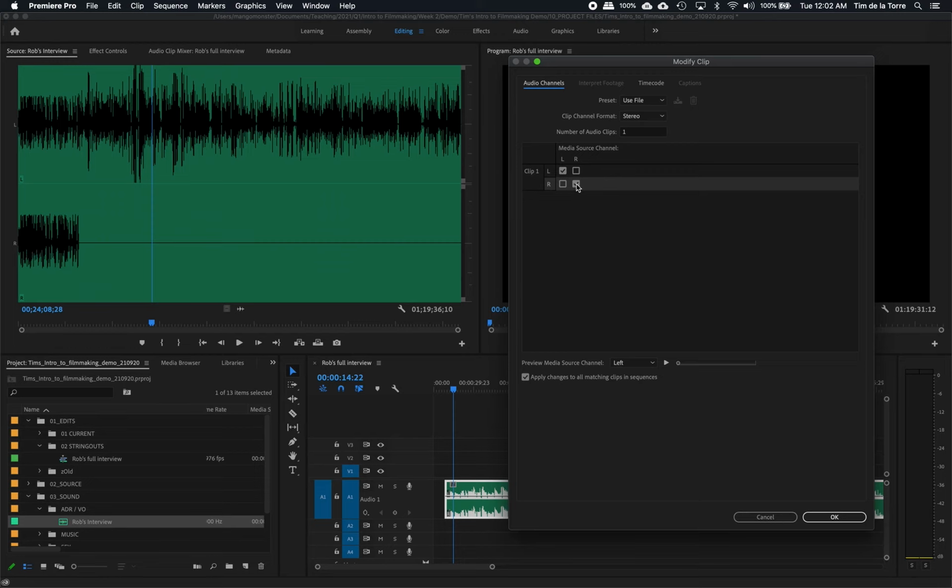So I don't really want the right channel. So I'm going to just click here on the right channel and remove it. And so, well, there's two ways of doing this, I suppose. We could keep it as stereo, and we could tell it that we want the left channel to be duplicated on both the left and the right